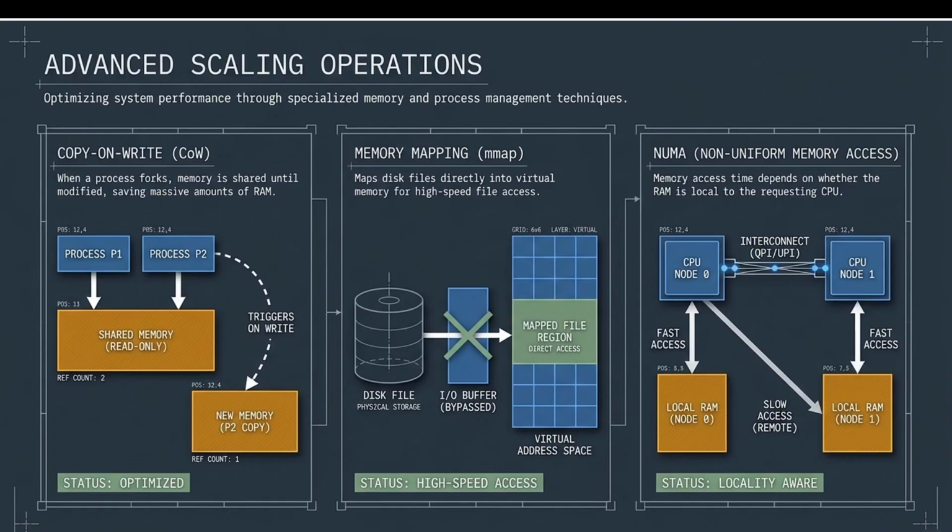Suppose there is a process P1 and a process P2. We are going to have a shared memory until there is a modification. Suppose process P2 is going to trigger a write, then a new memory will be allocated to it, so that there will be proper isolation